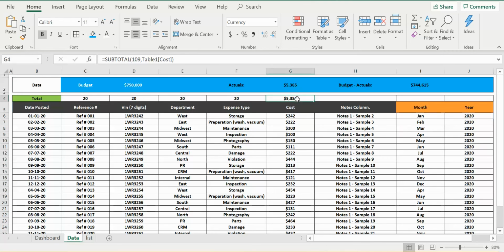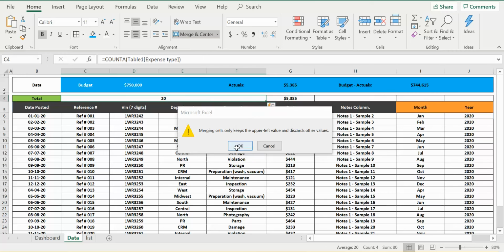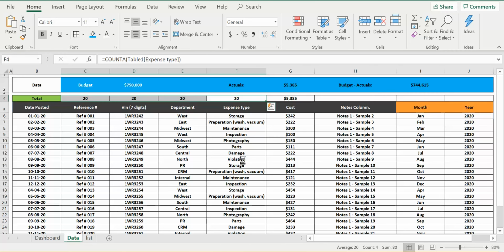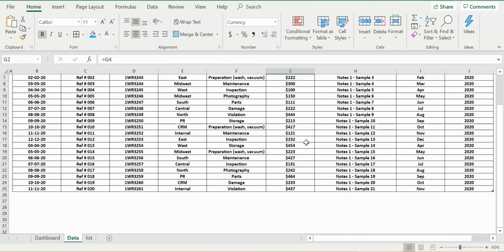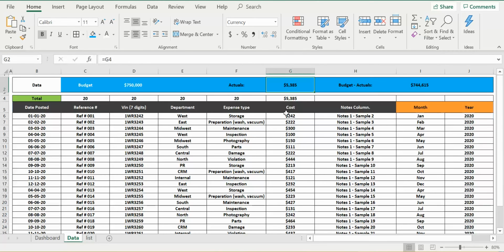You can see here the total and the count of each of these. Basically these will always be the same. I can merge them if you want, but for the time being I'll just leave it that way. Here's the budget that you gave, and then the actuals get calculated with whatever information we have here, the total. That's the actuals, and this one is the budget minus actuals. This will get subtracted and updated right here. That's the whole concept of how this works.